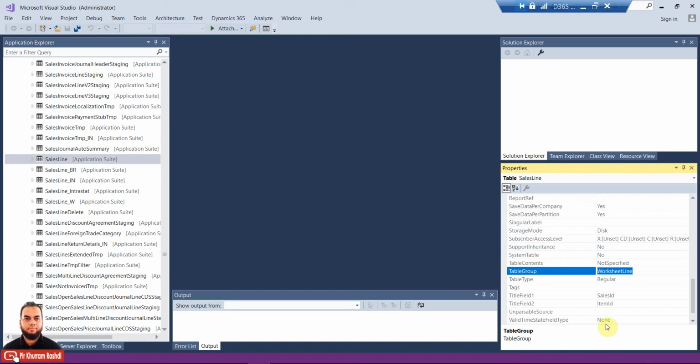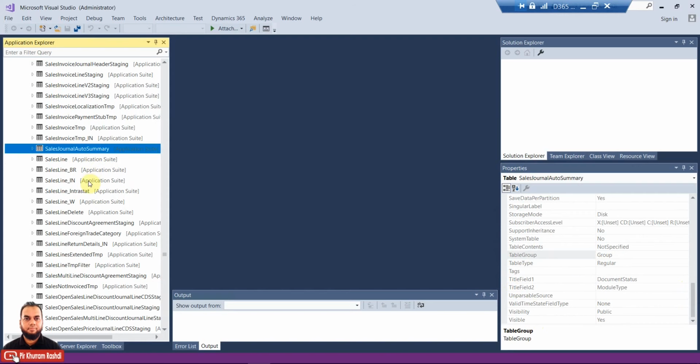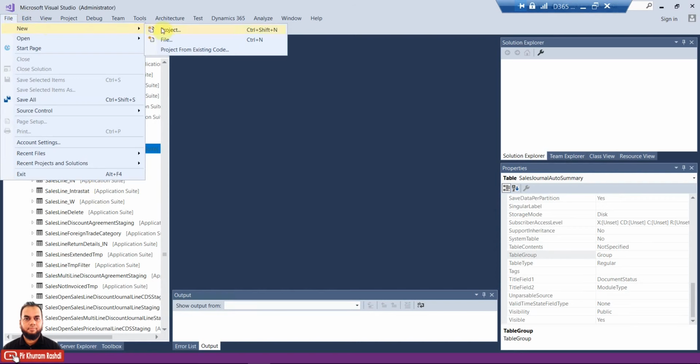So then we can also see even other table group types. Those table group types I can show you just by extending, or I will create a new solution.